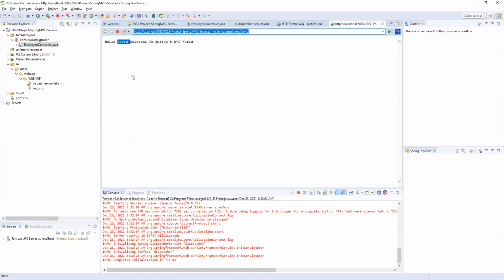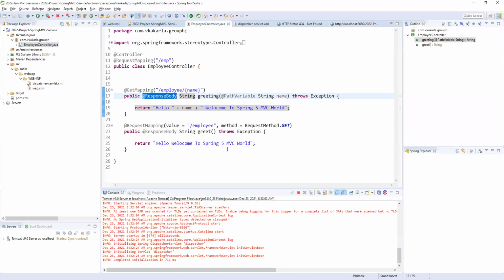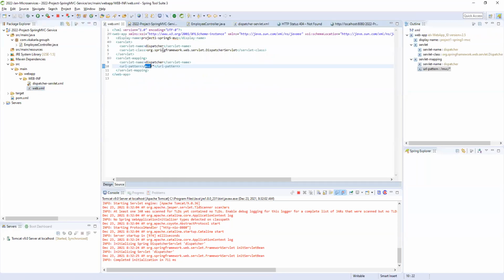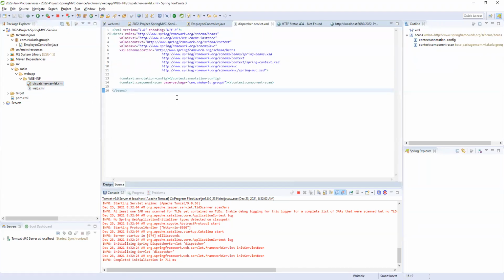Based on this Spring MVC, we are doing some manual configurations. One of the configurations is servlet.xml, and one of the configurations is web.xml. Web.xml is for your application to be read and understood by the server. And this one is to read and scan all our classes by the framework container, right?